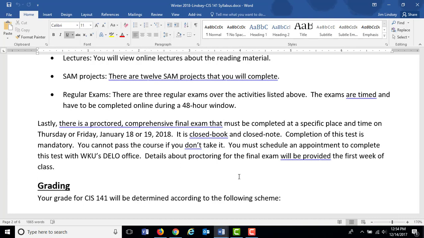I'd probably do it the 19th to give you another day to prepare, but that's a Thursday or a Friday, and it is a closed book test. Basically, you go in there just like if you took the test in person, and make sure you take your ID. So you say, hey, I'm Jim Lindsay and I'm a WKU student. Here's my ID. They'll verify that for you. You sit down and